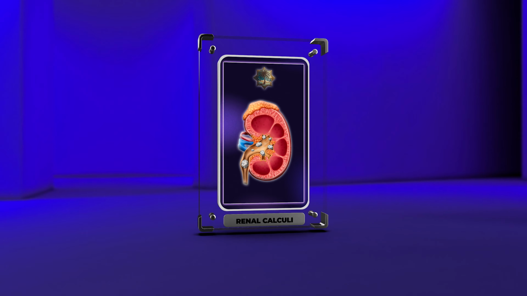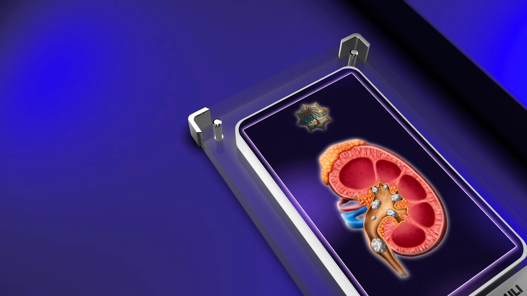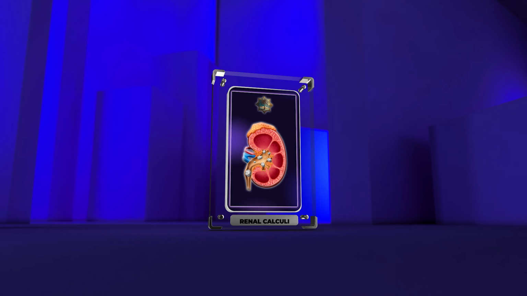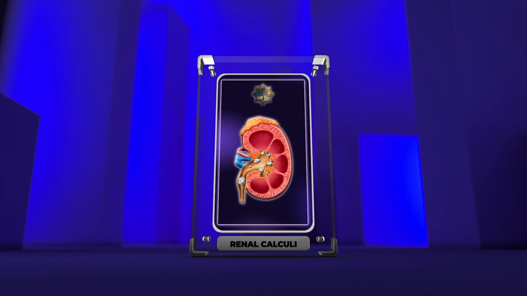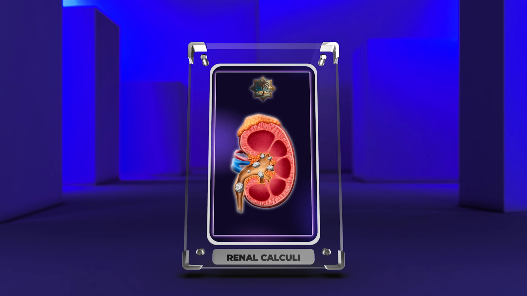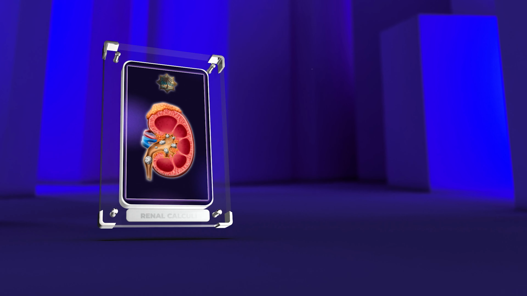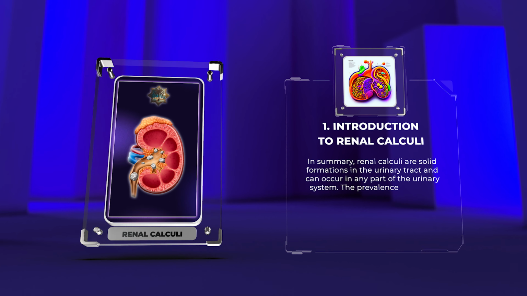Renal calculi, also known as kidney stones, are solid masses that form in the kidneys. In this video, we will cover the definition, prevalence, impact on kidney function, diagnostic approaches, and management strategies of renal calculi. In summary, renal calculi are solid formations in the urinary tract and can occur in any part of the